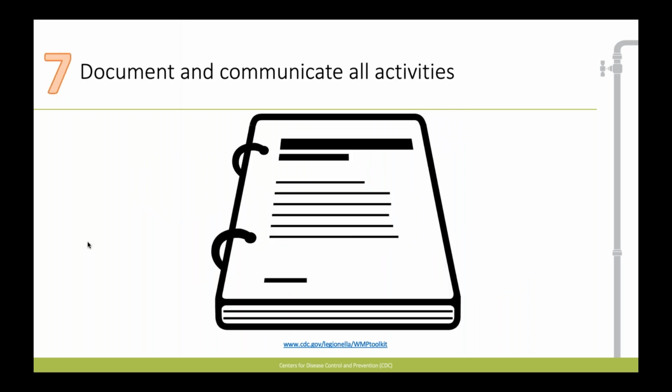And then finally, documenting and communicating all activities. If there's issues that need to be brought up to the building owner operator, making sure those issues are documented, making sure those issues are backed by data, that the analysis is robust, and that any changes that need to be made can be made, and are communicated up to the personnel who have the authority to do those changes, and then clear instructive guidance is given down to the folks who will actually be implementing those changes.